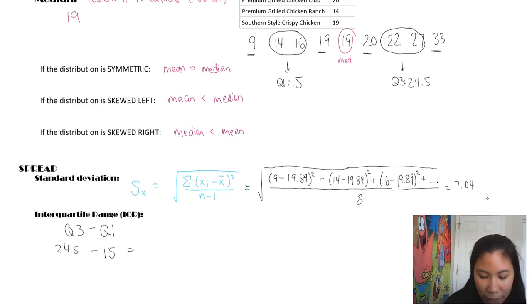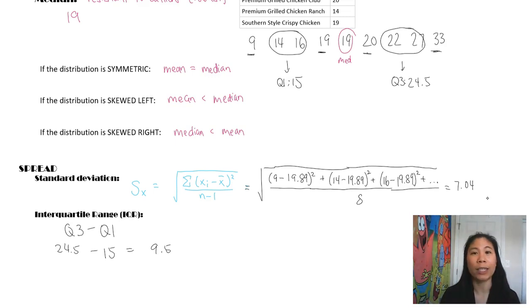So our interquartile range, when we subtract Q1 from Q3, gives us 9.5. So we're saying right in the middle of half of our data set, there is a range of 9.5, which is decent because the overall range of the whole data set was from 33 to 9. So subtracting those, you get